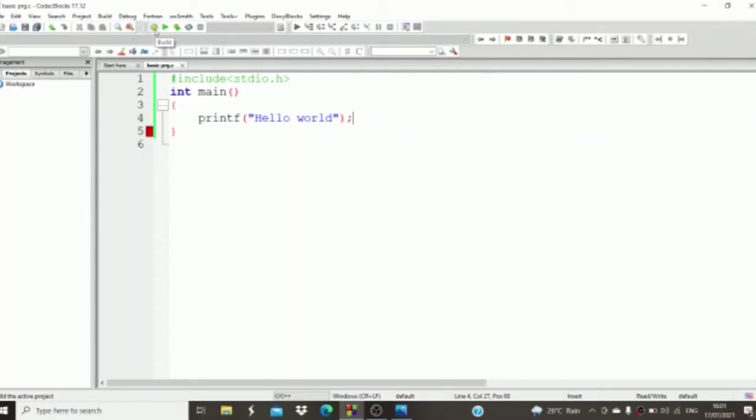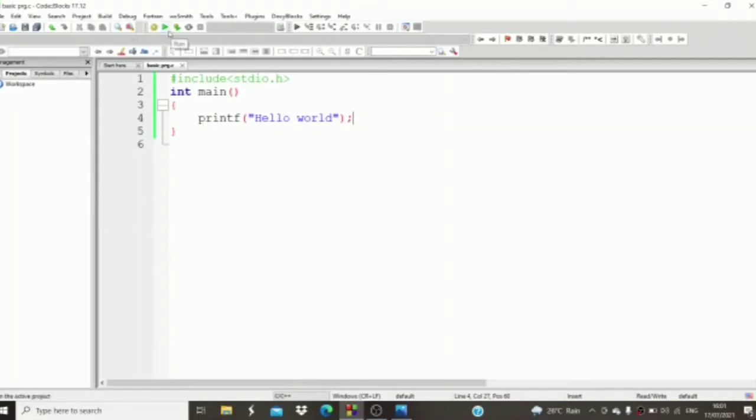Now let us build. As you can see, I am clicking here on the yellow colour icon; we also get there the build option. Click on that. Now no error. If I did anything wrong in the program, it will give a message. As you saw, the red mark shows it, so from that we get to know that our program is wrong.